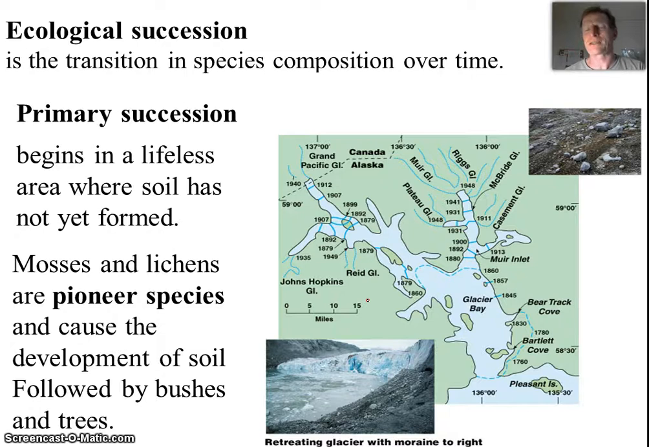Well, as soon as that rock is exposed, pioneer species will move in. And these are things like moss and lichen, things that can grow on bare rock, and they'll slowly produce some carbon dioxide and allow the rock to break down and build up small amounts of soil. And that'll allow for succession, for other plants to then move in. Once we build up a little bit of organic matter, other plants can then move in,